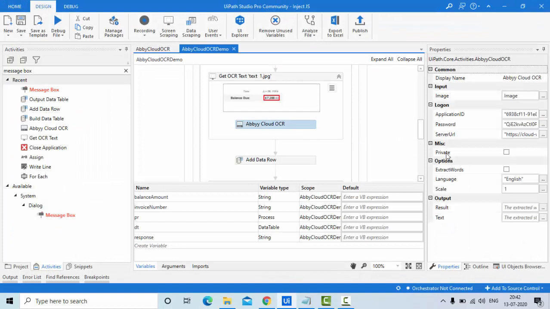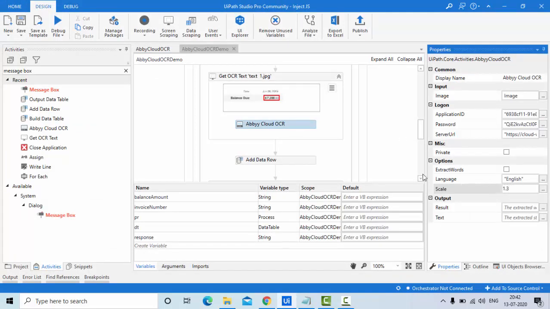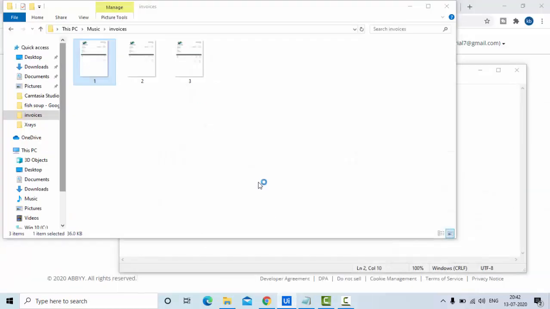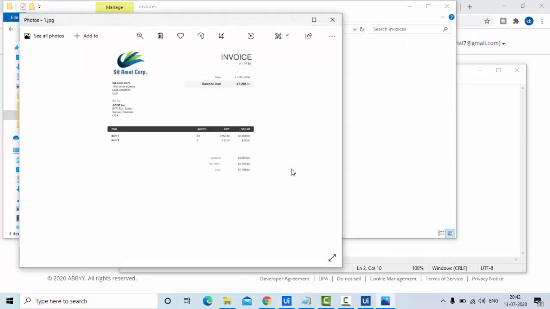Okay, let me experiment with 1.3. Run this again. So once you build this data table, you can directly write it to a CSV file that I am going to show you now. Now I just increased that level. So let's see.